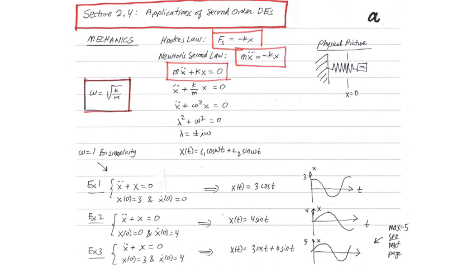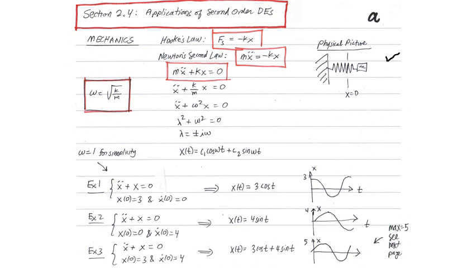And basically, we're going to start out with a fairly simple situation, which is pictured in this picture here, where we have a mass attached to a spring which can oscillate back and forth. And for now, we're going to assume there's nothing else going on. We're going to assume that there's no air resistance, there's no damping in the spring, and there's no other forces